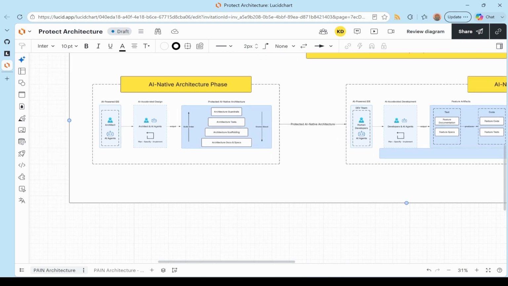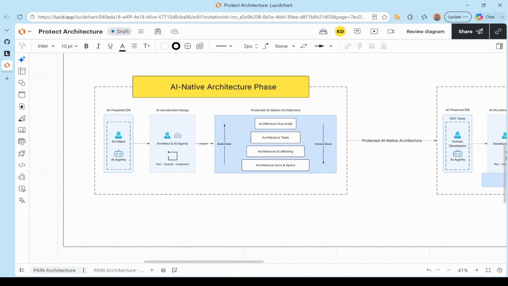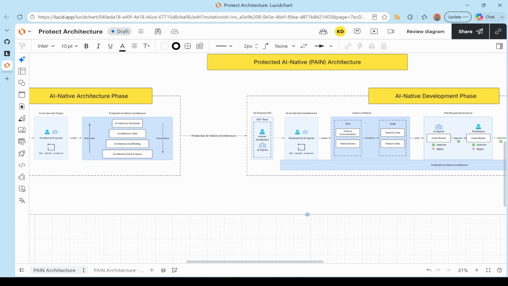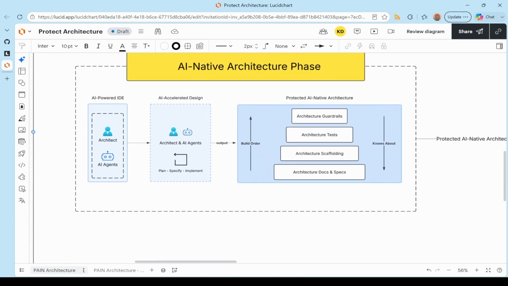So it's based on spec-driven development, where you have two phases basically. You have the AI native architecture phase and the AI native development phase. First, the AI native architecture phase consists of the architect and AI agents who work together to build the architecture